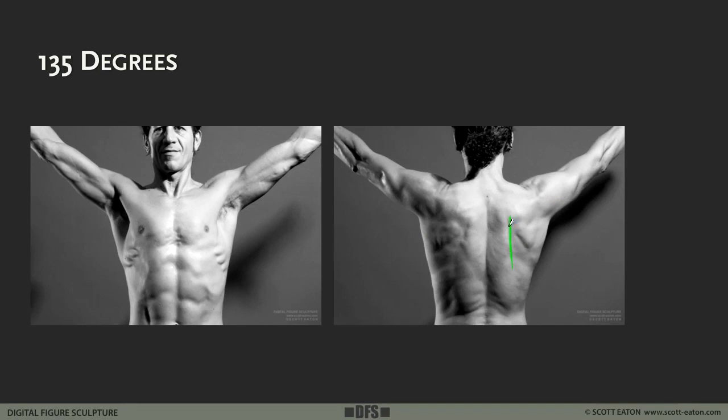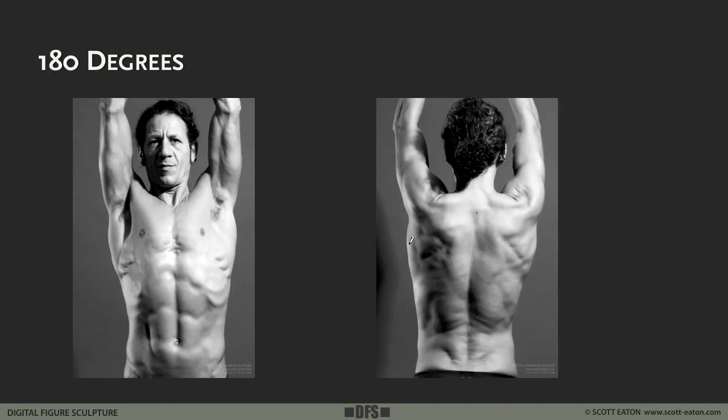I'll spare you guys all the details, but from 90 to 135, it's moved another 45 degrees, and if you have 45 degrees, what is that? It's another 20-ish degrees. So not quite far enough here, but this is probably also not quite 135 degrees. 135 degrees would be right here. This is probably 120. Okay, but this side again is ahead of pace, and we continue up all the way